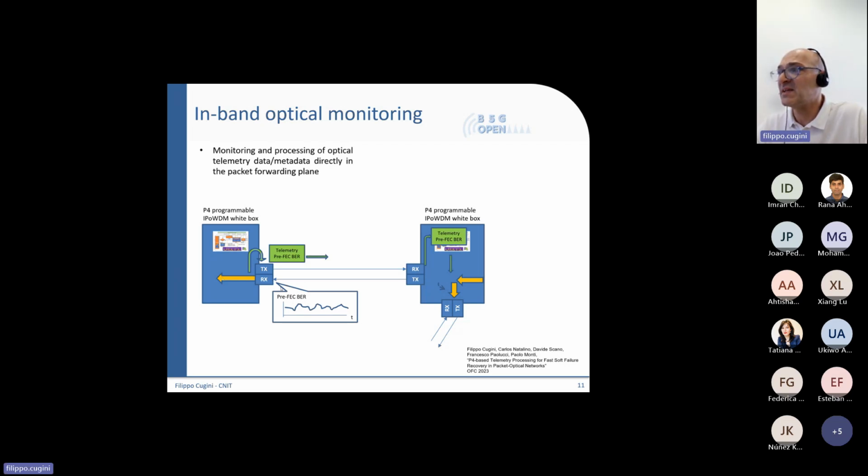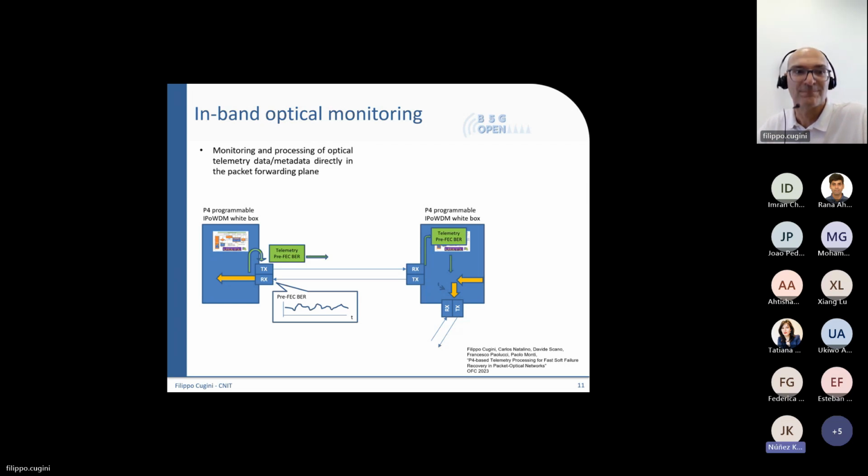So here we can see, for example, among the possible parameters, the pre-FEC bit error rate and the received power of the signal. These are the two main parameters that nowadays can be read by the operating system of a switch. To get more advanced monitoring features, we need the DSP here to be able to detect, understand, and also make available additional parameters. But nowadays, pre-FEC bit error rate and received power are always available.